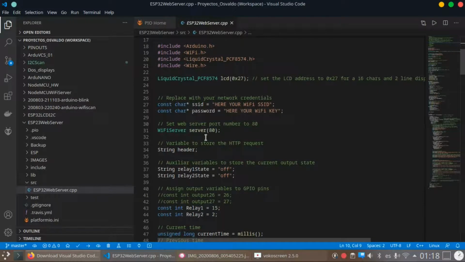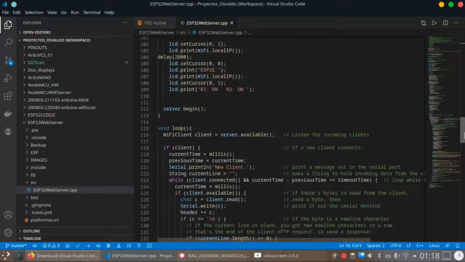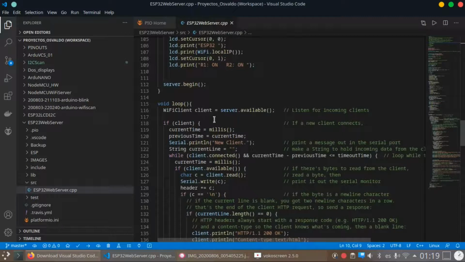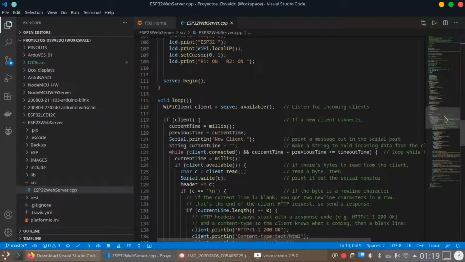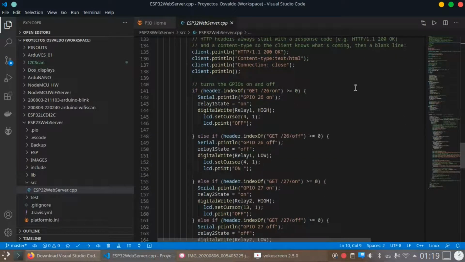This instances a server, called server, listening on port 80, and the connection starts in the loop function. Well, an object of class WiFiClient named client calls the available method of the server object and inspects incoming clients. When a client is connected, we take the HTTP header and we send via the println method an HTTP standard header, and in the header that arrived we will look for the string GET, in this case